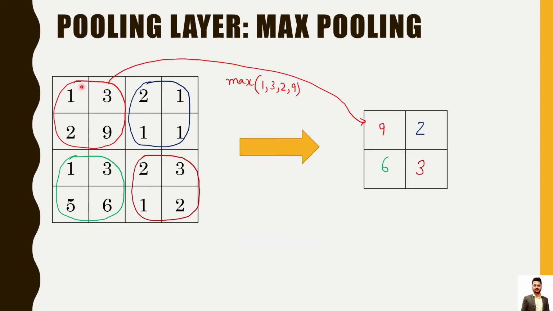So why stride of 2? Because once I am done with these 4 values, I want to move on to the next 4 values. So I have to jump from this location to this location. So 2 1 1 1. The maximum value is 2. So it is 2 here. And similarly with this green area, the maximum value is 6. So the maximum values out of all the 4 values being highlighted with different colors signify that the filter is moving with the stride of 2 and the size is 2 cross 2. The maximum values are being transferred, and this is how max pooling is done.